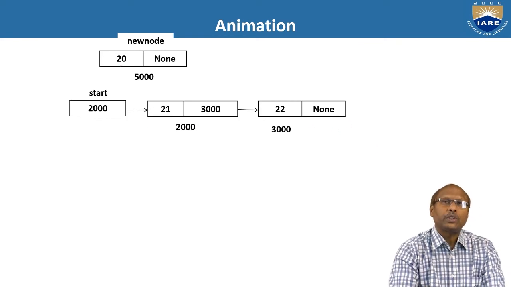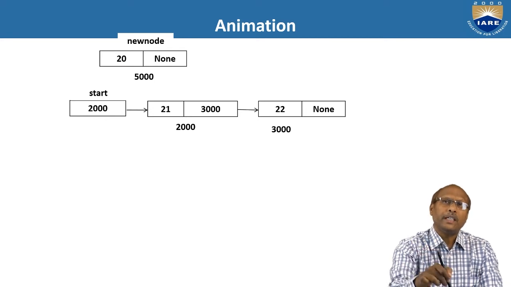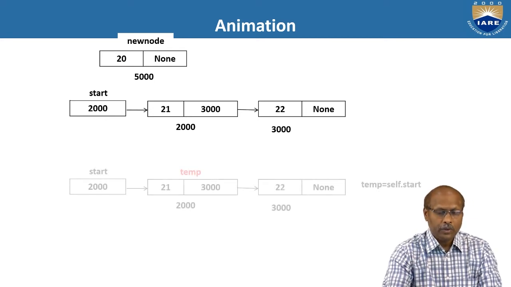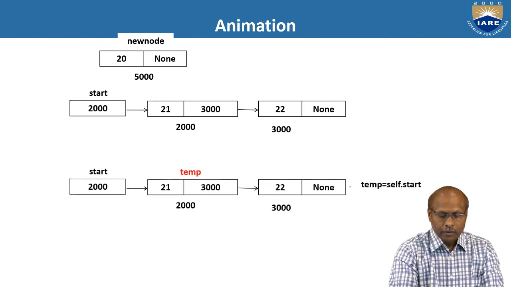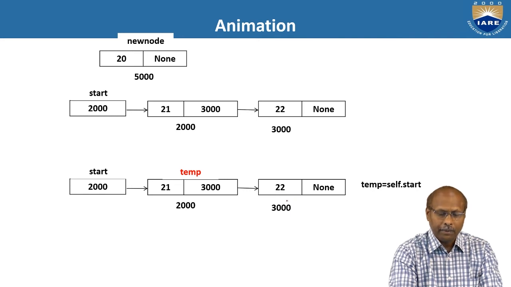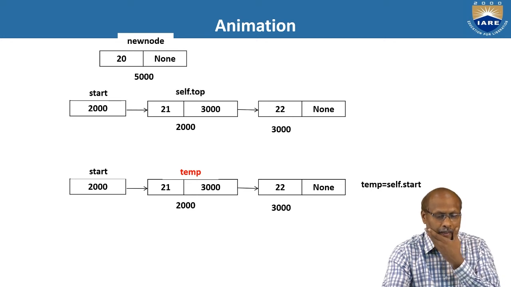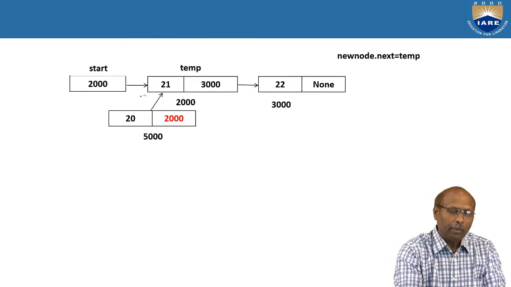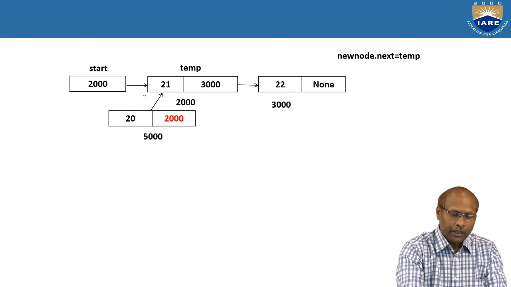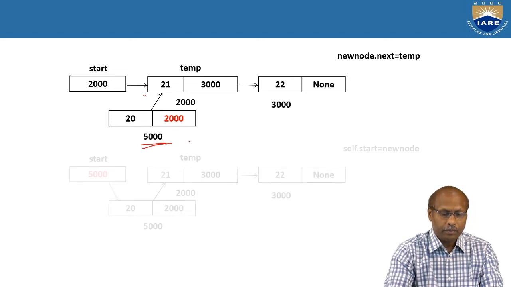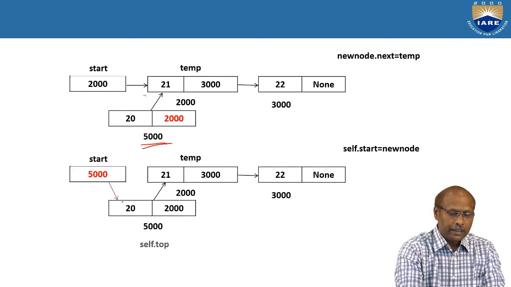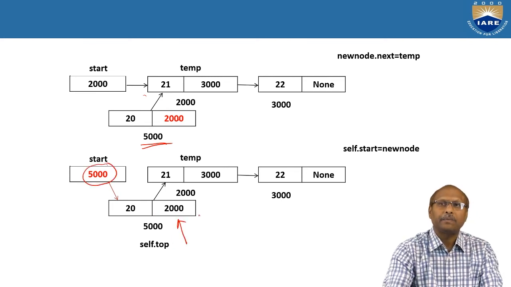Assume initially you have a stack with the following elements. Now you want to push 20. That means the 20 will come to this position. So you can see this is initially the linked list, the stack available. Now you are pushing 20. When you push 20, the 20 will come to the top of the stack. The address 2000 will be stored here, and the start will now be pointing to 5000. So this is now interchanged. Now start will be pointing here, so the top of the stack is this.